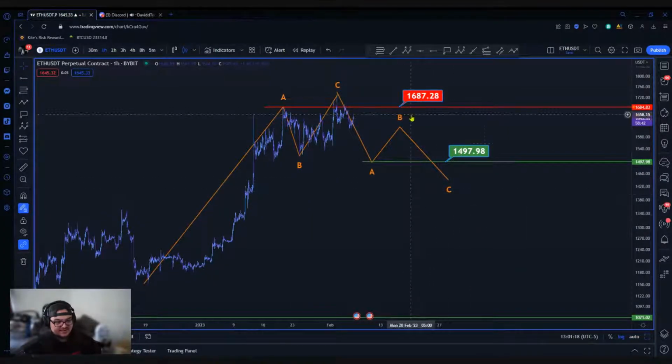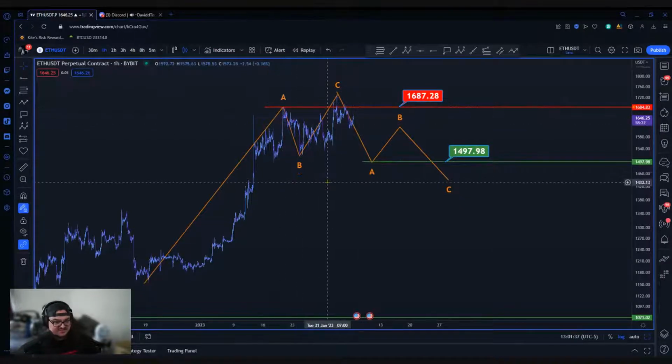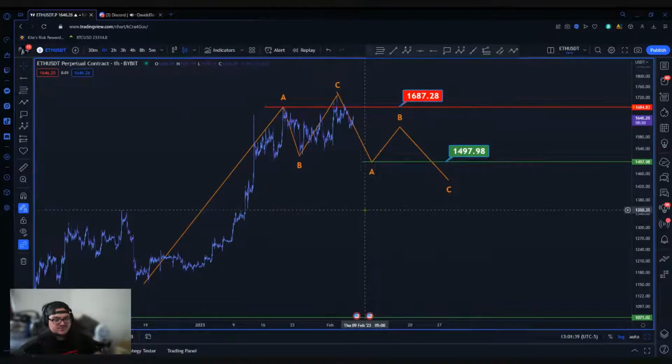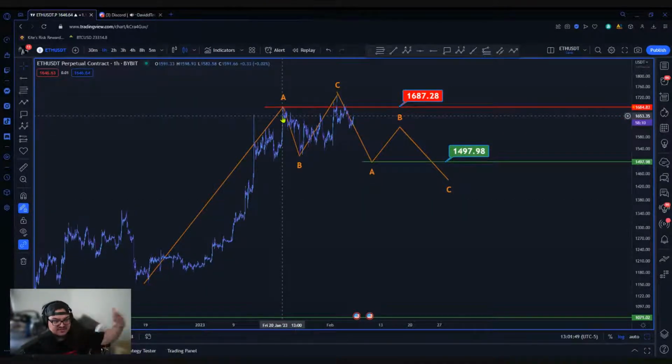I think at some point, ABCs are going to be harder to trade, but you have to think from a more simplistic mindset. Going back to the reason why ABCs work so well, it's because they go into grabbing liquidity from pivots of highs and lows. All right. And most people, like beginner traders or more simplistic traders, they trade breakouts. They trade breakouts to the upside or the downside,